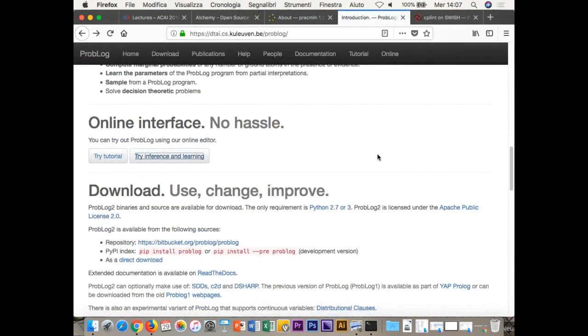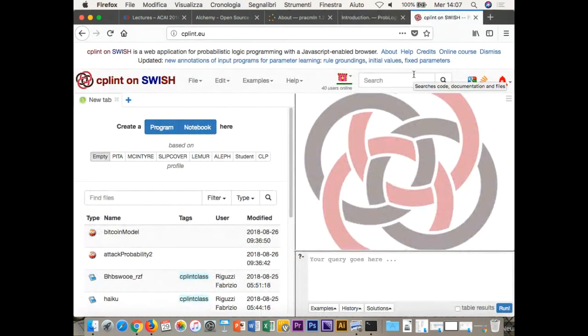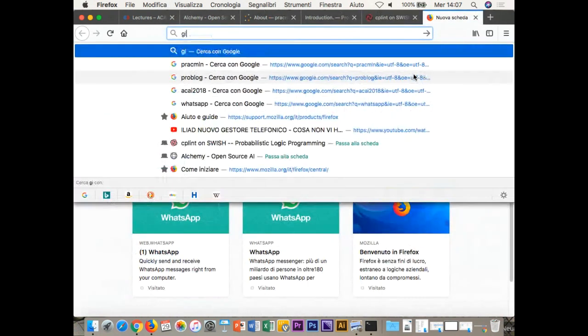ProBlog and also cplint are much easier to install. ProBlog is really, if you have pip for installing Python packages, one line: pip install problog, and that's it. And also cplint has, maybe I can open it,